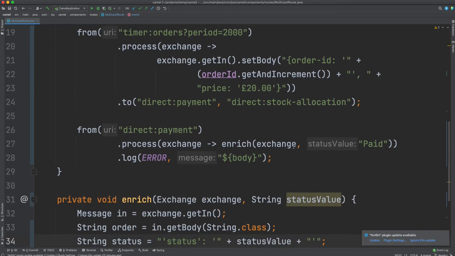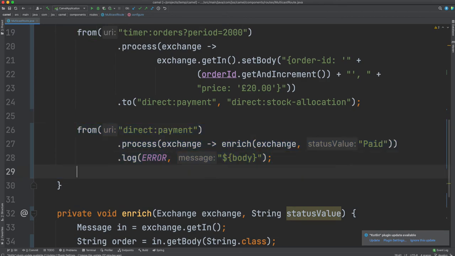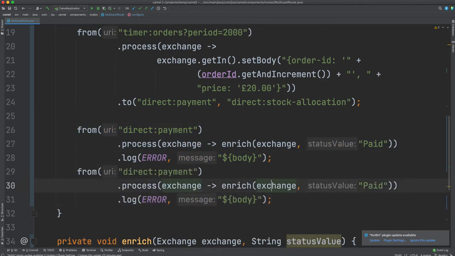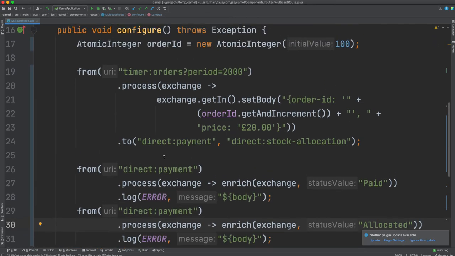So what we have here is one route for payment. I need to create another route for stock allocation. These routes are not doing anything, they are just adding an event, just to prove the theory of how multicast is really going to work. So let's say allocated. Okay, this is after processing the message. The payment has been taken, stock has been allocated, and we are now ready to publish an event to notify maybe the other routes or other systems. So what are we expecting at this point?